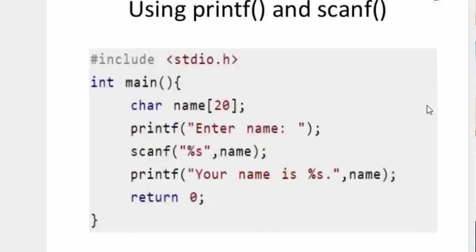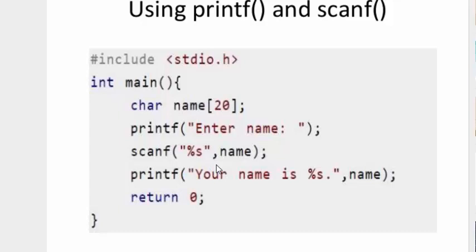Now we can read and display the string values by using the printf and scanf functions. So let's see how we can do this. Here we are taking an array of character type with name, and 20 is the size. Firstly we have to enter the elements of this particular array. We want to read the whole string at once, rather than inputting character by character.